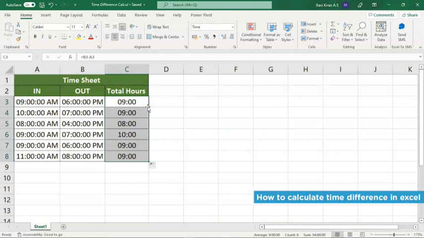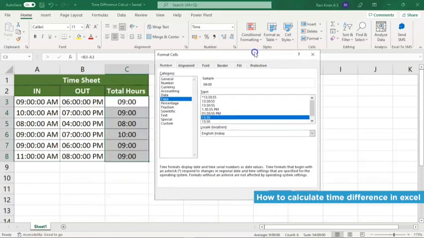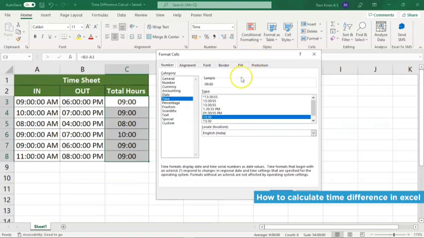your organization. So here also we have made some minor cell formatting. Usually it comes out as AM, PM, right? But instead of that, we have made a minor cell formatting. We have navigated into time and we have selected the 24-hour formatting so that we have just hours in our output. So that's how we have calculated the time difference between two in times and out times of an employee